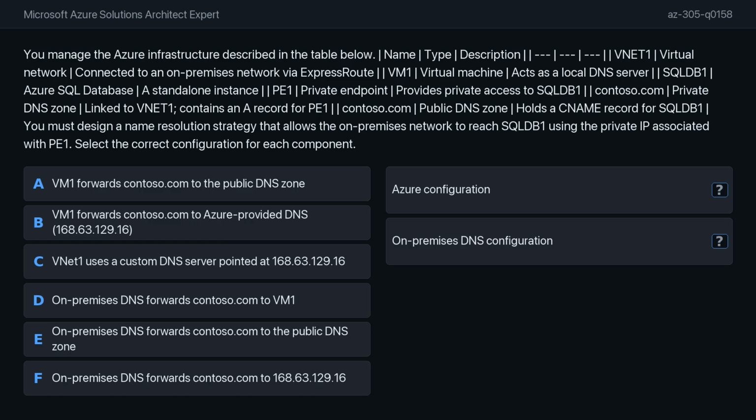You must design a name resolution strategy that allows the on-premises network to reach SQL DB1 using the private IP associated with PE1. Select the correct configuration for each component. Option A, VM1 forwards contoso.com to the public DNS zone. Option B, VM1 forwards contoso.com to Azure provided DNS